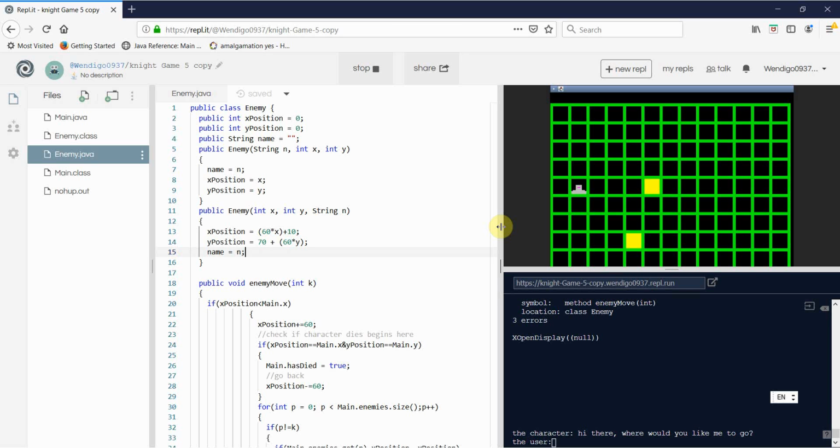But anyway, to create a new class that extends the enemy class that represents the new type of enemy that I've described, without actually overriding the entire enemy move method, because it's kind of pointless to even create a subclass if we're going to override the entire enemy move method, because that's almost all the code contained in the enemy class now. The way we can do this is modify the enemy move method in the current enemy class so